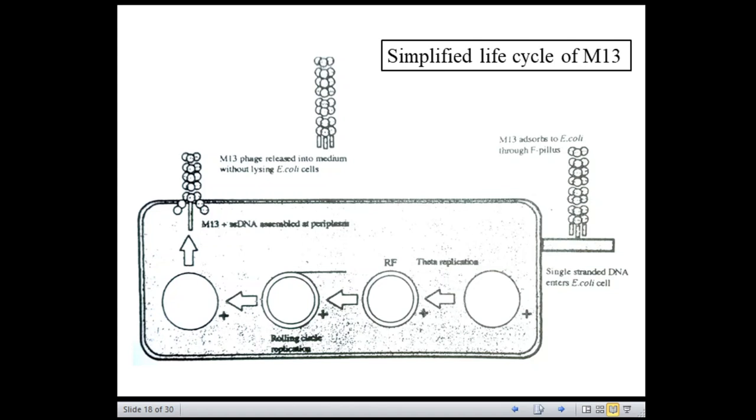So the extrusion of the bacteriophage through the bacterial periplasm results in a decreased growth rate of the E. coli cell, rather than host cell lysis. And this is clearly visible on a lawn of bacteria as an area of clear zone. So about 100 to 1000 packaged phage particles may be released into the medium in one cell division.